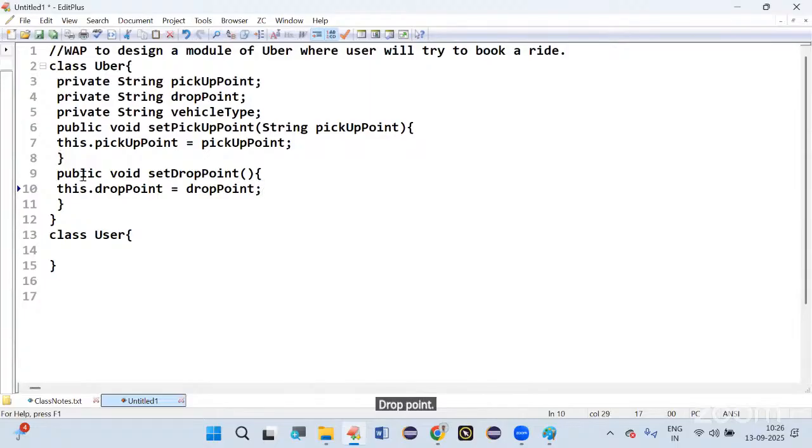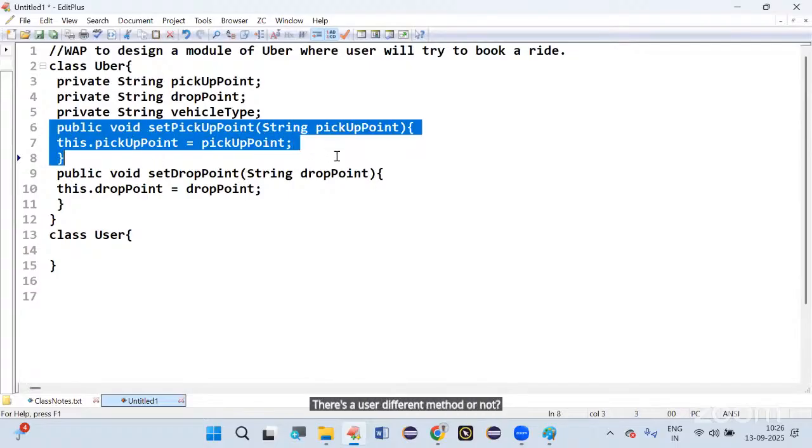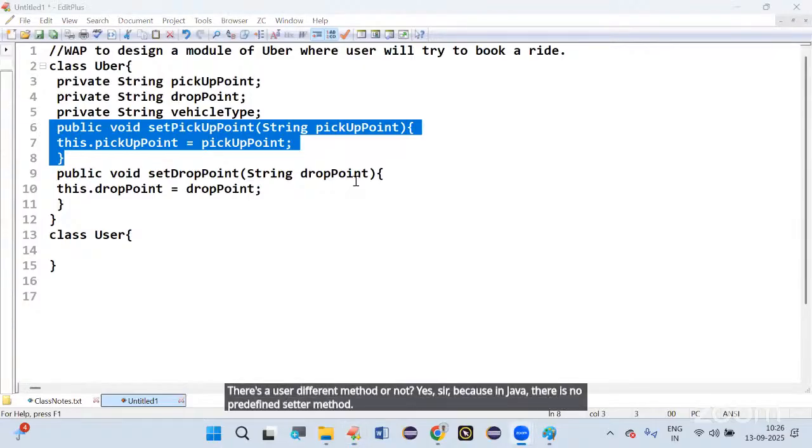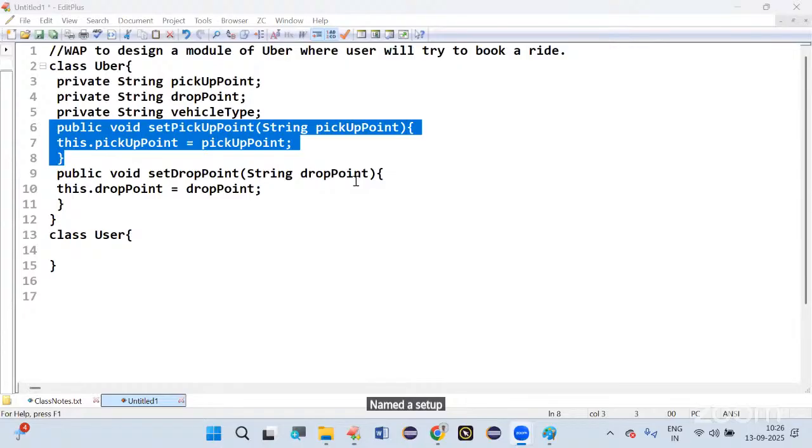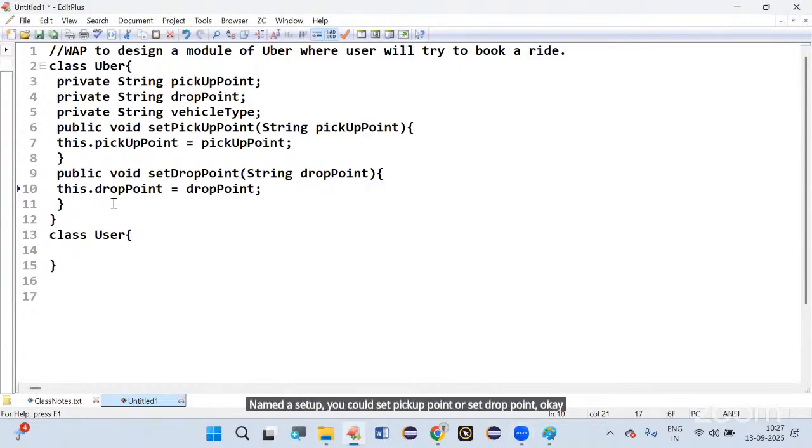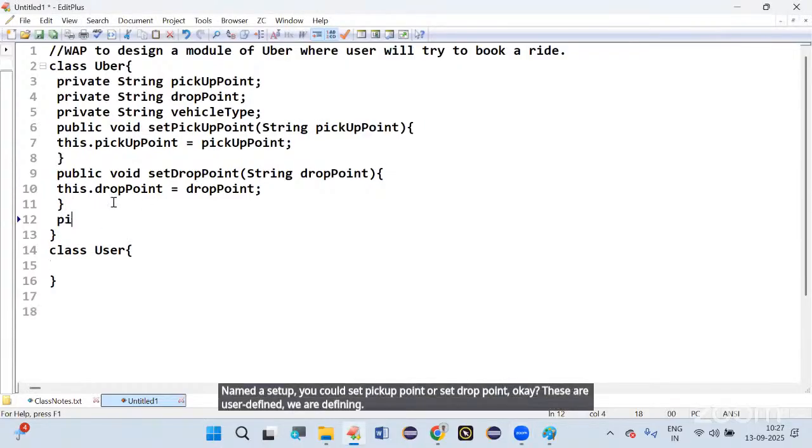You see, all these setter methods are user defined methods or not? This is a user defined method or not? Yes, sir. Because in Java, there is no predefined setter method named set pickup point or set drop point. These are user defined. We are defining them. Next,